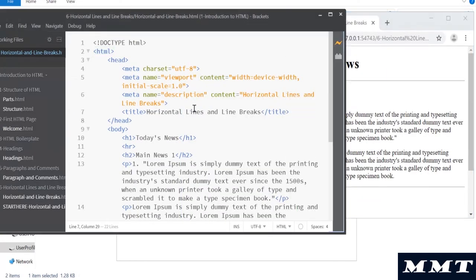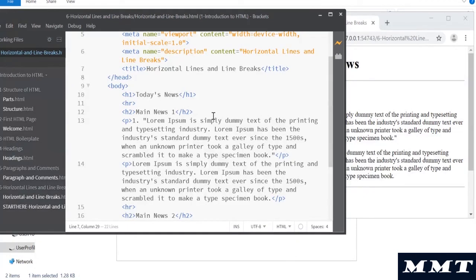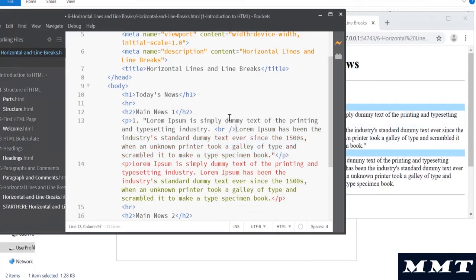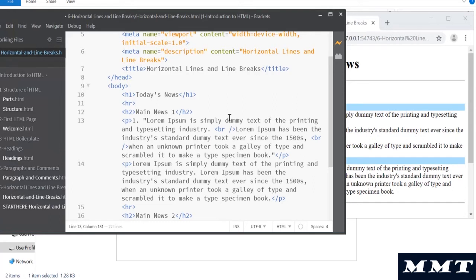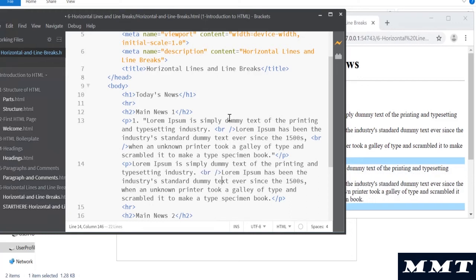It's again a self-closing tag, and you can add that where the text is ending. With the self-closing tag, you can choose to have a slash or choose not to have a slash. You can add one tag here and one tag here, and similarly for all the rest of it, you will add the same tags.